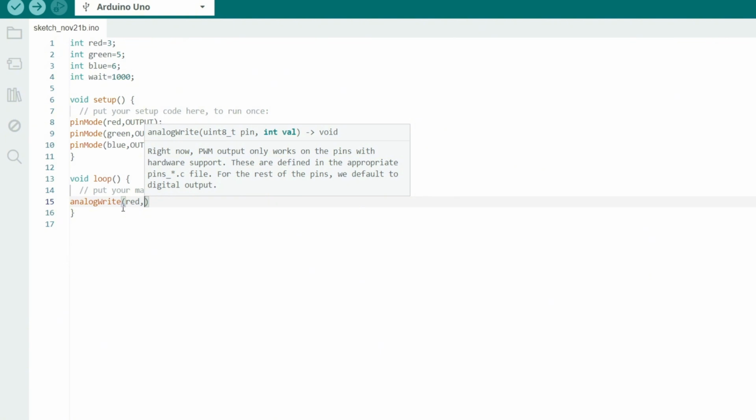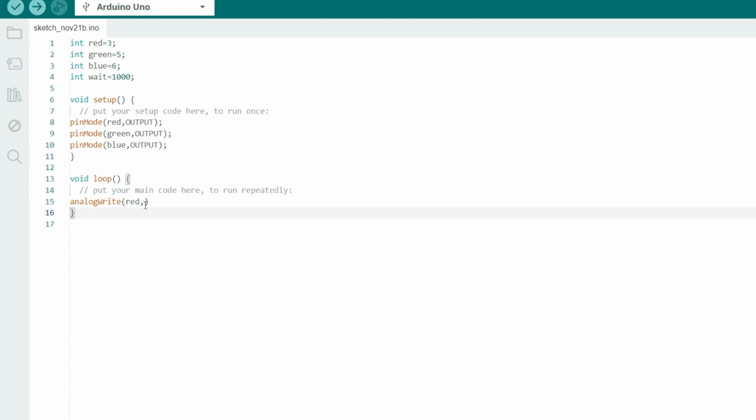Normally, if I wanted it to come on, I'd have to put a 255 here. But this time I won't put the 255, because I was using a common anode. So rather than putting a 255, I'll put a 0, and it's going to turn it on at the highest brightness. 0 is basically like 255. It's very different with the common anode. So then